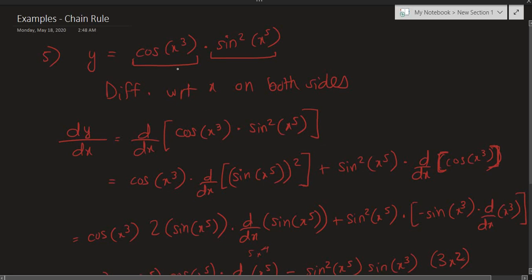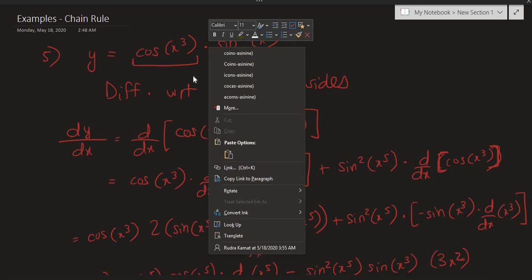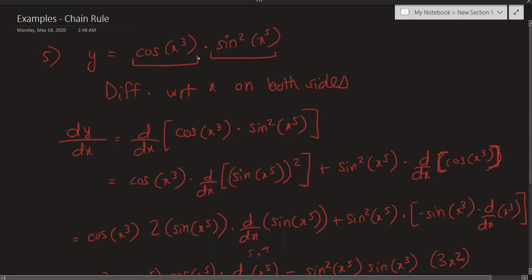So for example, in the start we saw outright that this was a product of two functions, so we used the product rule first. Then when we applied the product rule, we saw that we had to differentiate sine squared of x to the fifth,